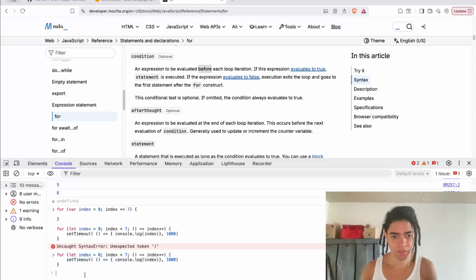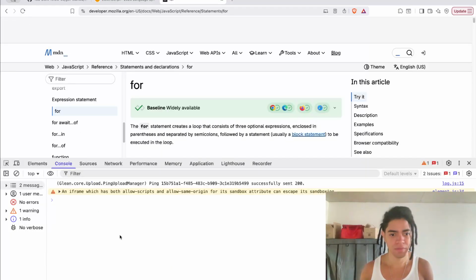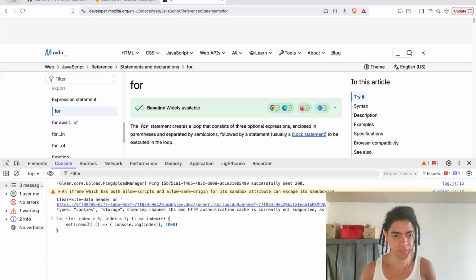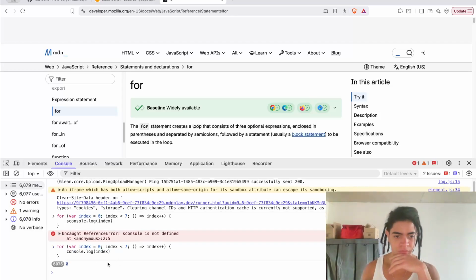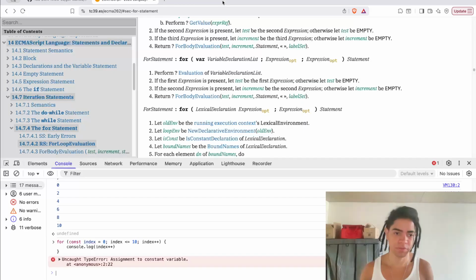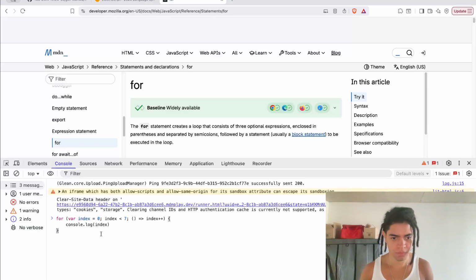You see? Because what you're doing here is say, hey, let me, but this is this one. Okay, close it. If the index is 0 and index is less than 7, hmm,